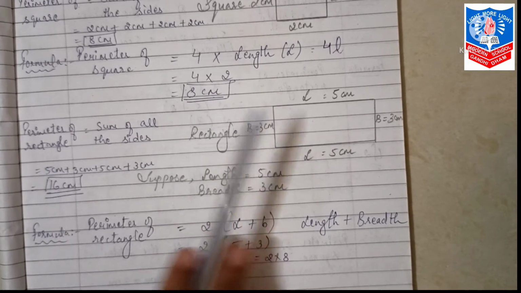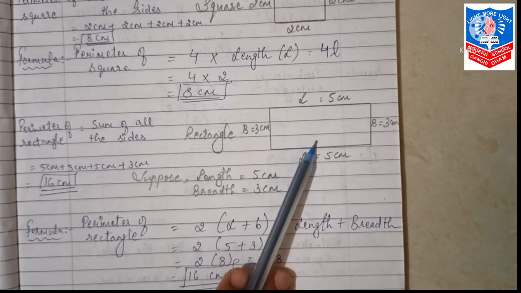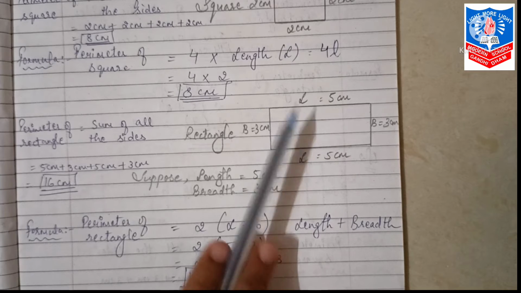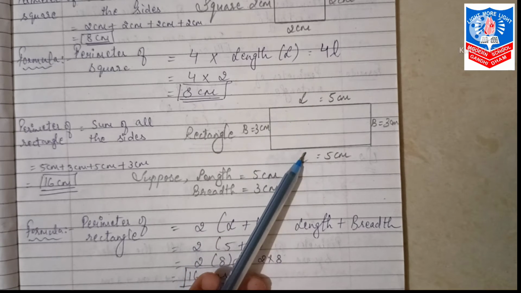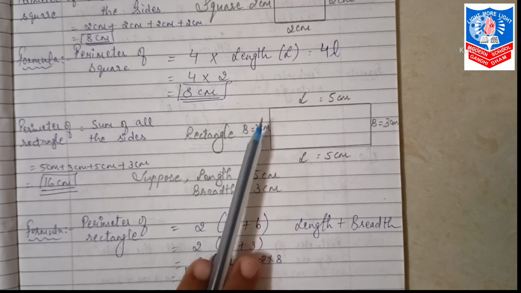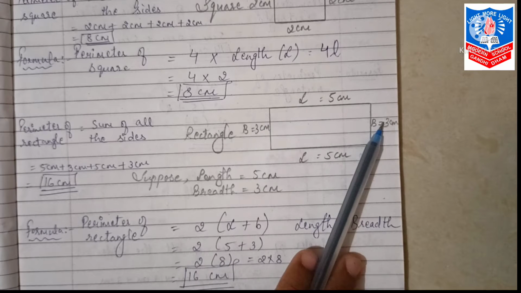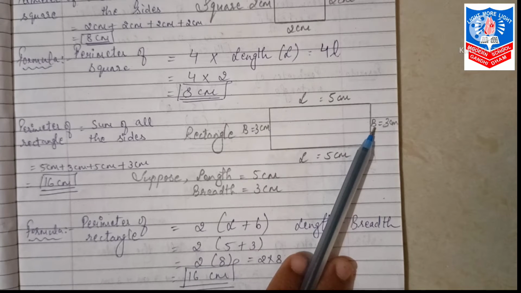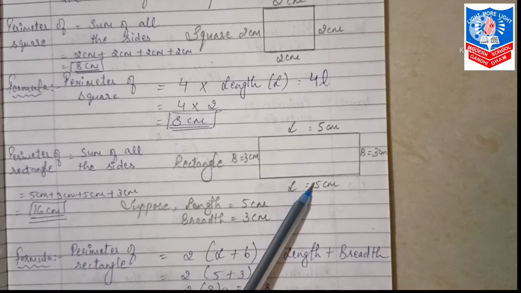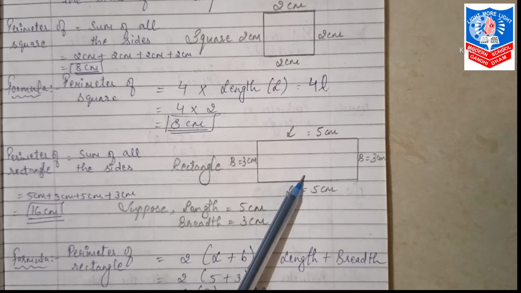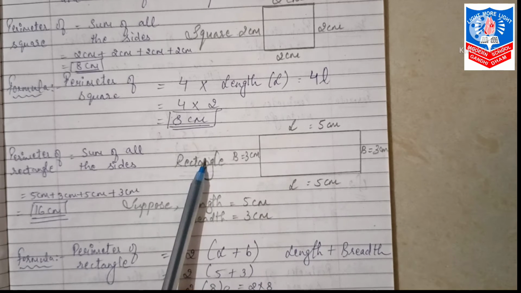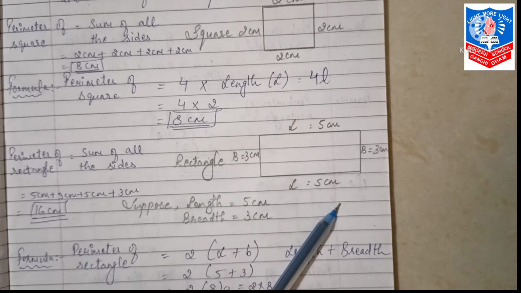Next, you are seeing the shape of a rectangle. Can you see this rectangle? Now in a rectangle, the top side and the opposite side are both known as length. And the side we have here we call breadth. And the same opposite side is also known as breadth. Whether it is a square or a rectangle, your length and breadth will come in the same places, but there will be a change in the centimeters. Okay, and in a rectangle, length and breadth never match.